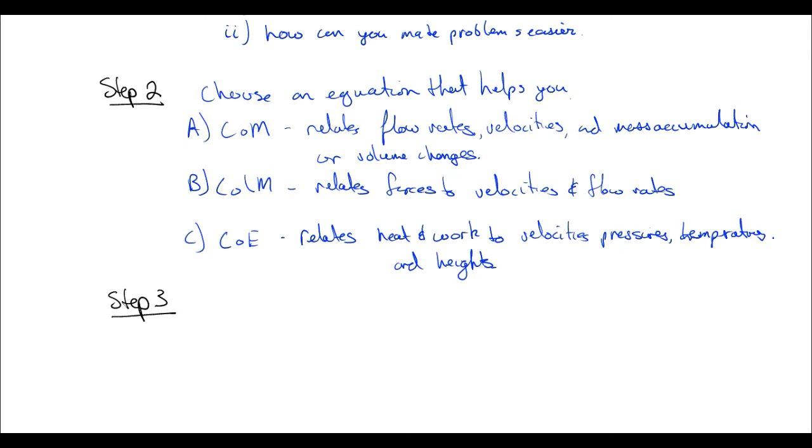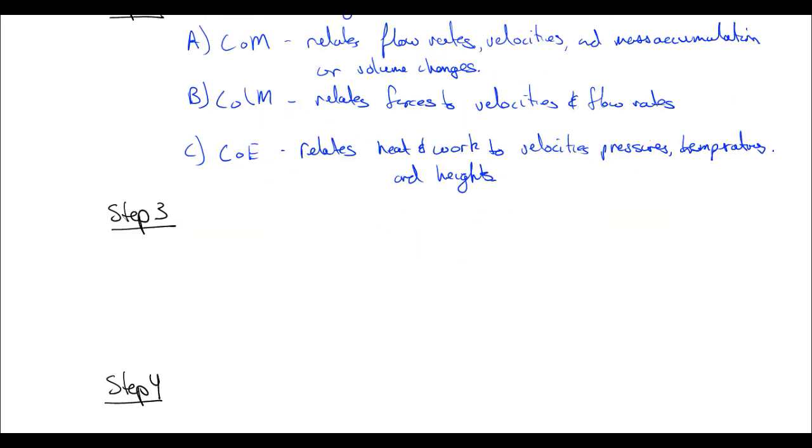Great, so we've chosen an equation that helps limit the amount of unknowns that we have. We might have to apply steps 2, 3, and 4 multiple times if we have more than one unknown, right? And then we apply assumptions